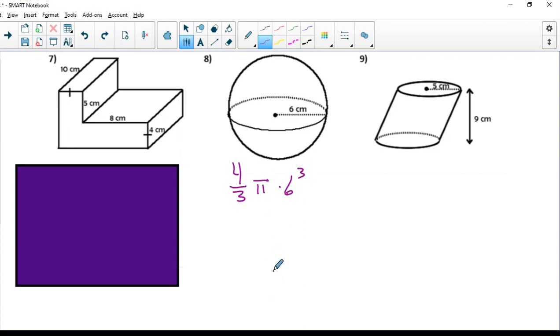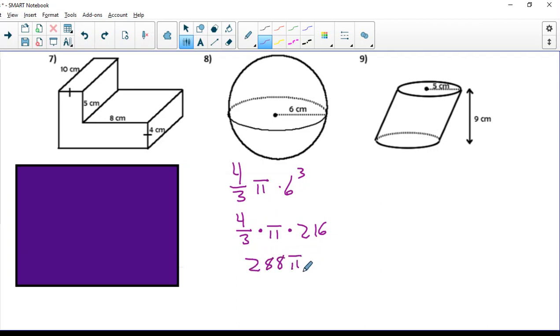All right, and again, for pi, I always want to use 3.14 unless they tell me otherwise to get the same answer here. Okay, so first of all, I'm going to multiply 6 times 6 times 6, so 6 cubed. Bring this down 4/3 times pi, and then times 6 cubed, so this is times 216. And really, I'm just multiplying all these together. The easiest way to do this would be to multiply 216 times 4 and then divide that number by 3. So here I'm going to get 288